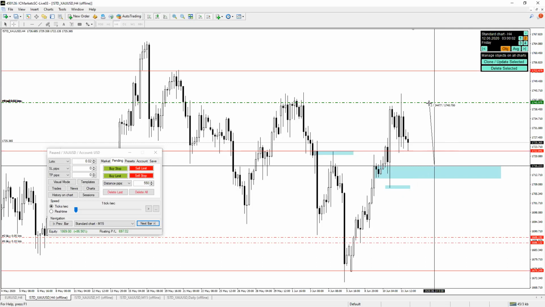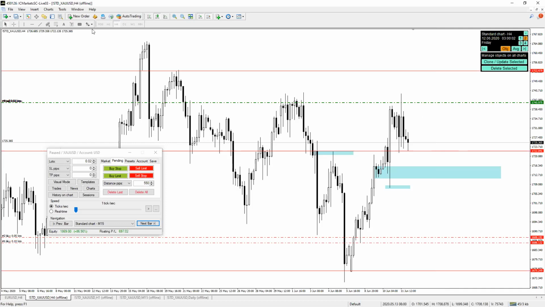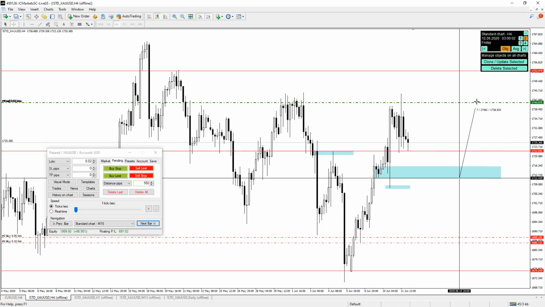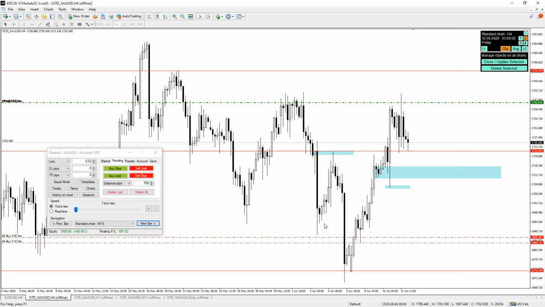By the time price is going all this way, you'll only be at a 1:2 after all those number of pips. So how can you minimize that? You can either take your position lower, maybe from this point, so you risk about 50, you gain 300, so that's a 1:6